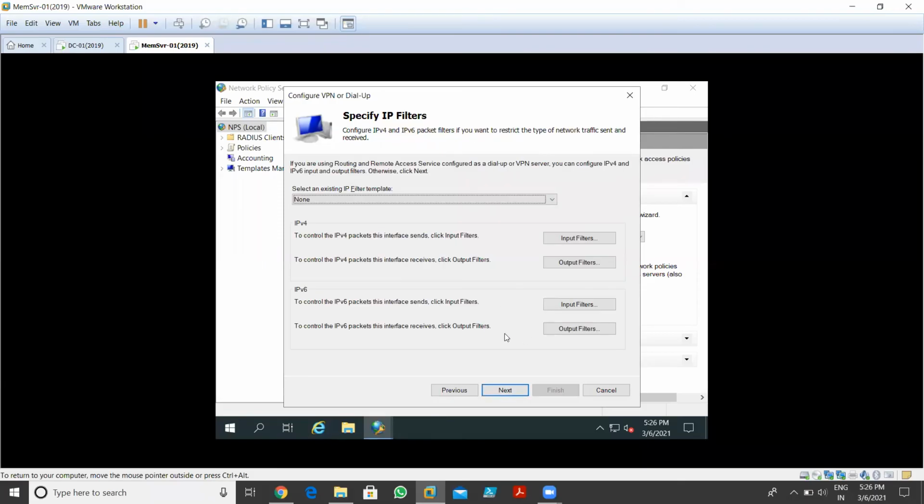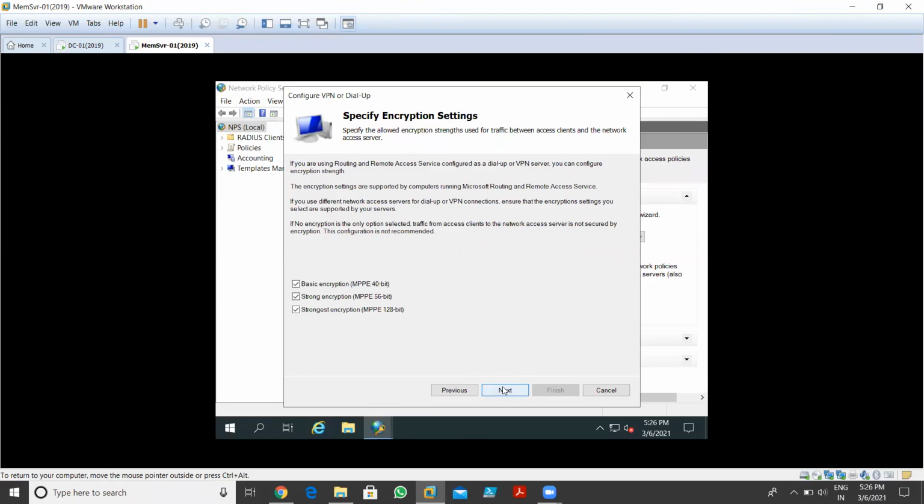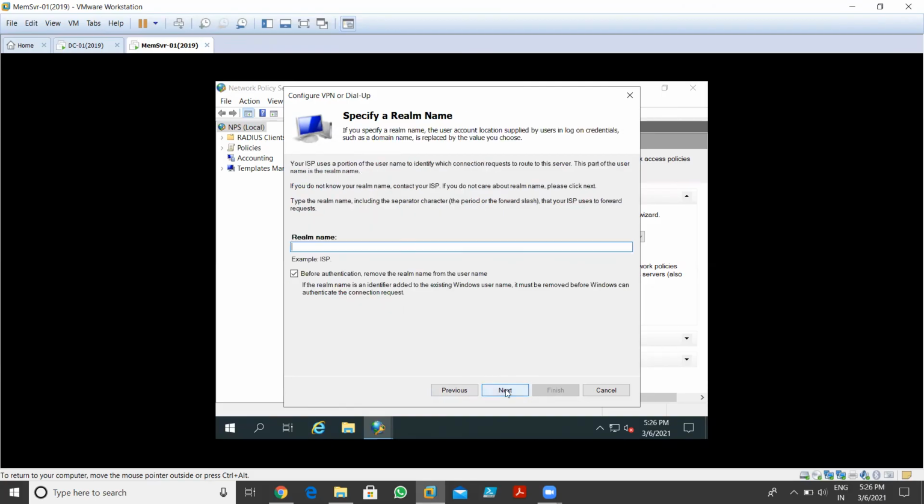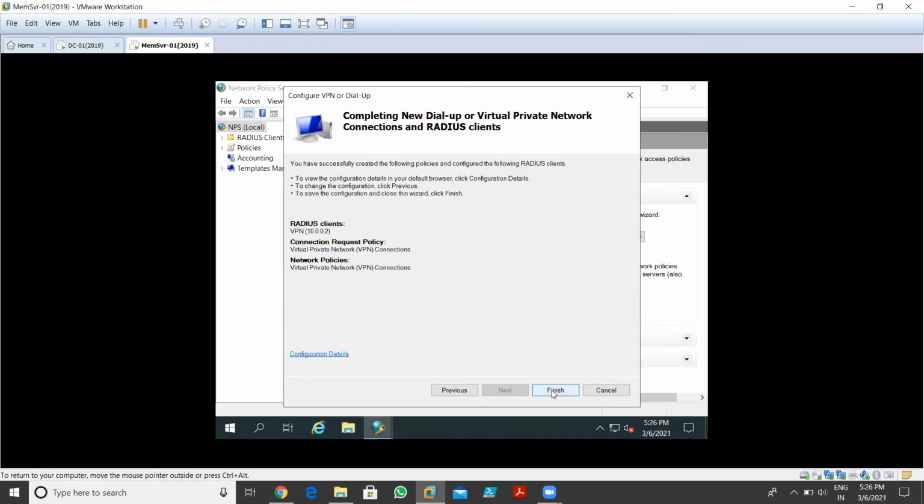Okay, so these are some specify IP filters, and we will configure these things in a later part, in upcoming lectures. If I click on Next, and click on Next, it gives me the basic encryption mode and all. So I'm using the basic, default encryption, and click on Next. Simply click on Next again. I don't do anything, I don't create any policies, I'm not creating anything. I just simply click on Finish.